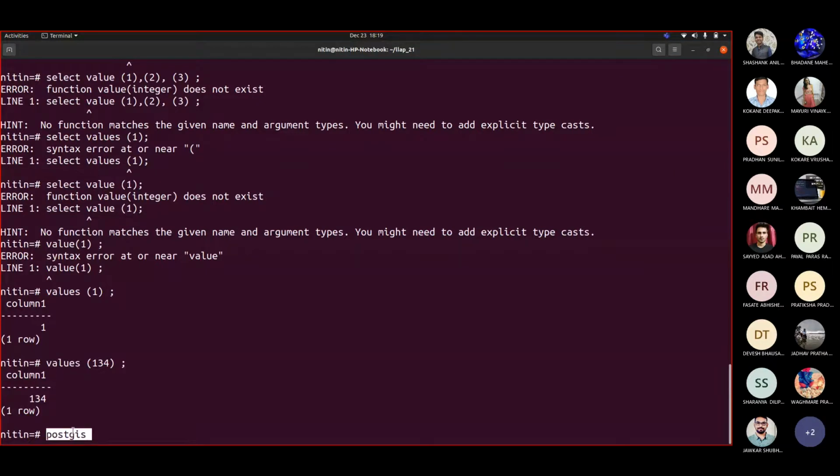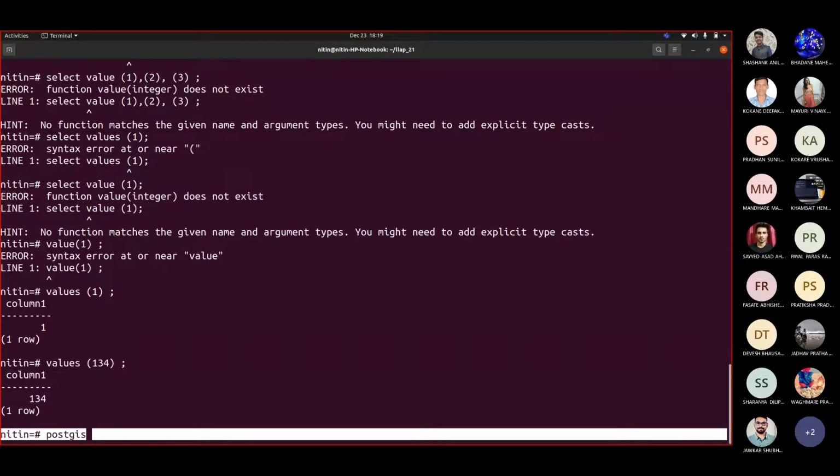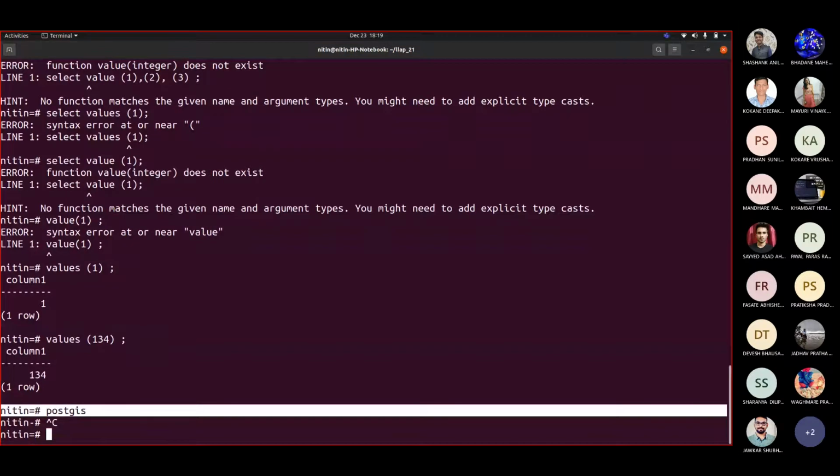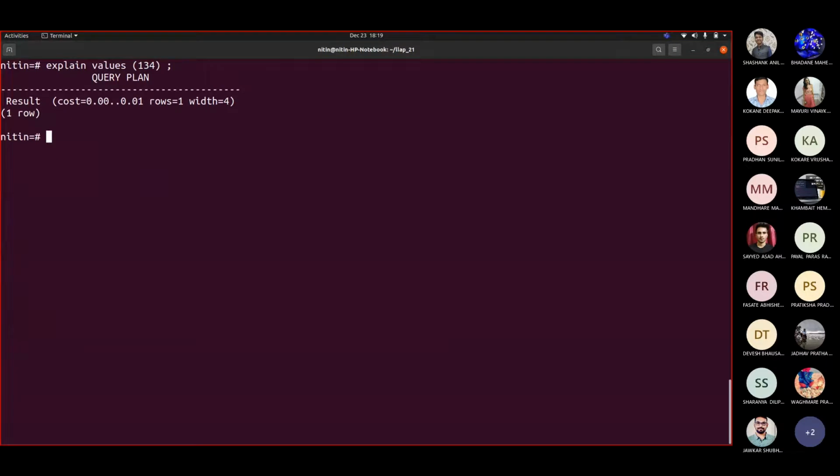Now if I write values and write explain, you can see it is showing us this values result scan. This was changed in newer Postgres versions.